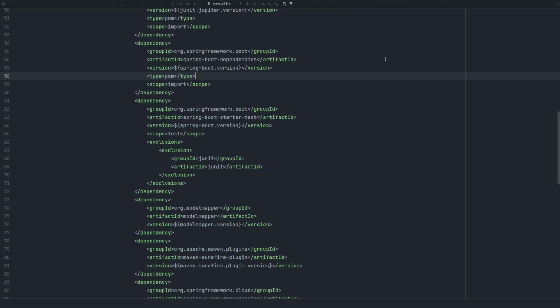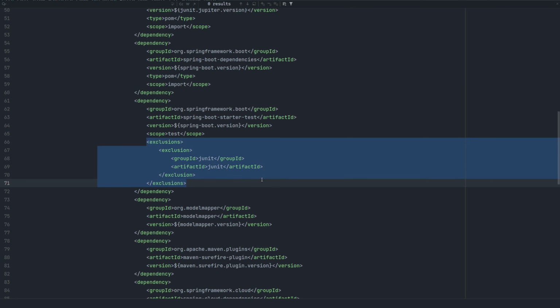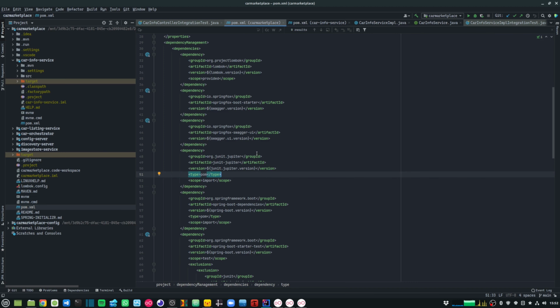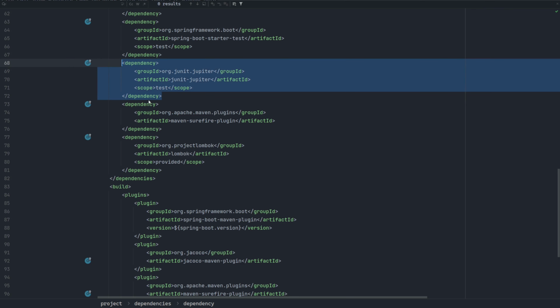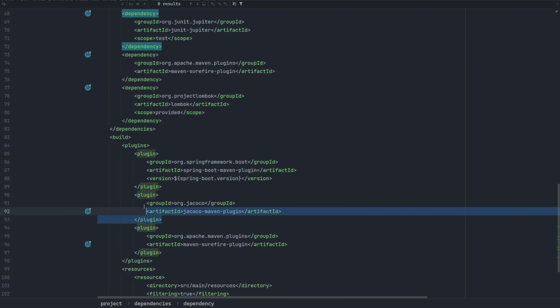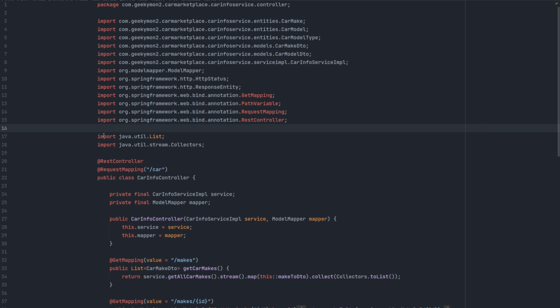One important thing to note over here is that Spring Boot will automatically include an older version of JUnit as a transitive dependency. So what we have done here is added the JUnit artifact in exclusions so that we can use the newer version and exclude the older version. Once these changes are done, my root POM is all good and ready to go. Next up, in my module POM, I just include the JUnit dependency and also the Jacoco plugin dependency. With this, I am now ready to start creating my test methods and test classes.